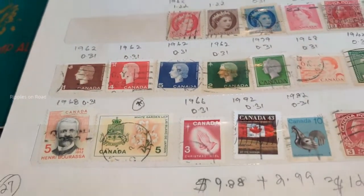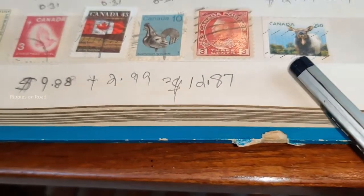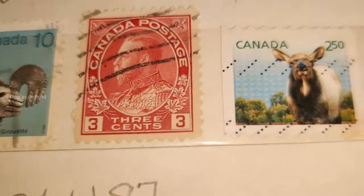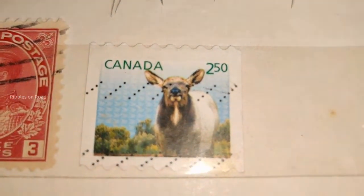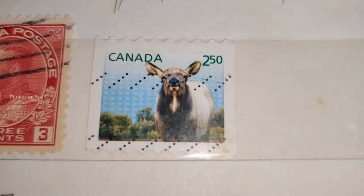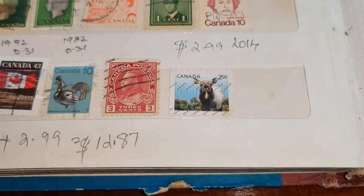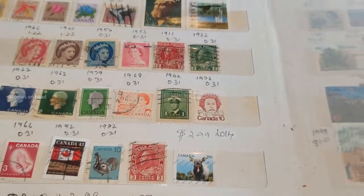And let me show you something important in this. Can you see this stamp over here? So this stamp has a painting. Let me try to zoom in. Yes. So this stamp has a painting, and this painting is done by Anita Kuz. Anita Kuz is a well-known artist in Canada, and she had come to me as a tourist,